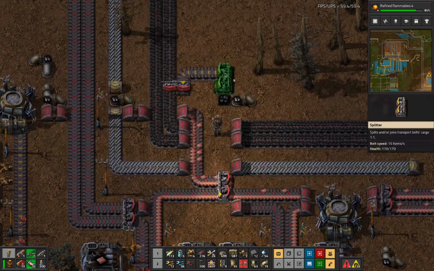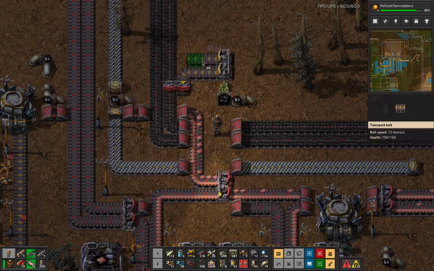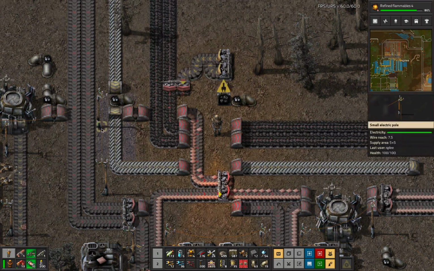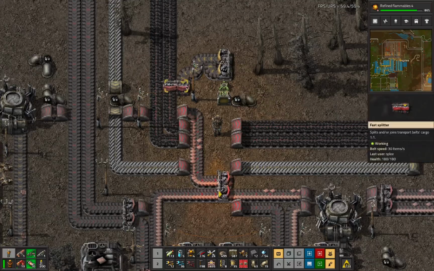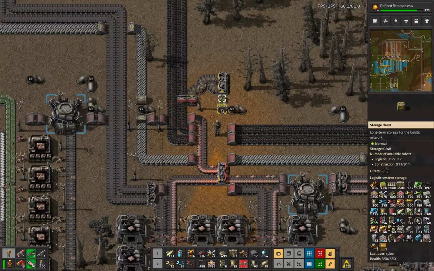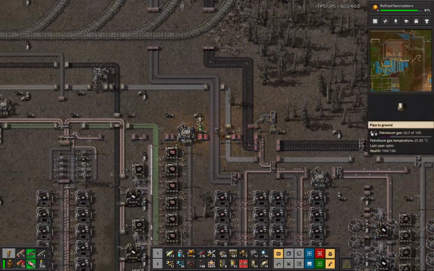I think I want to put it into a splitter. I think that's kind of the way that it might work. Does that? Yeah, that does what I need it to. And then this prioritization means that we'll always be running down this storage chest before we're taking anything from them all. Okay, so